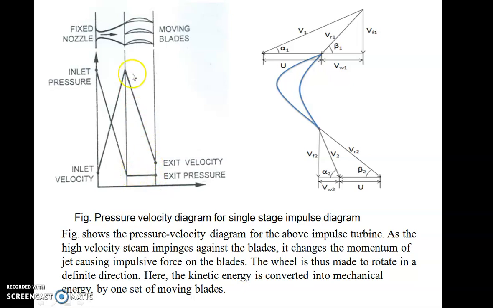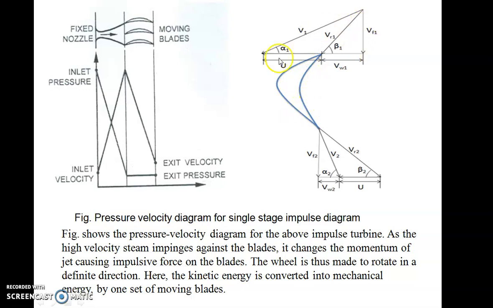It may be possible that kinetic energy is utilized here in rotation of the moving blades, that's why it is decreasing. Okay, so pressure energy is not utilized. Only kinetic energy is utilized across the moving blades, so that's why the pressure remains constant. So that is the main thing that you have to remember, that the total pressure energy is converted in the nozzles in case of impulse turbine, and you are converting that pressure energy to kinetic energy, and after that kinetic energy is utilized for rotation of the moving blades.